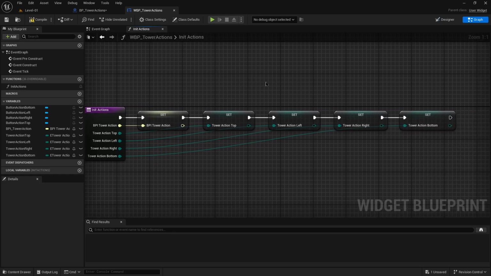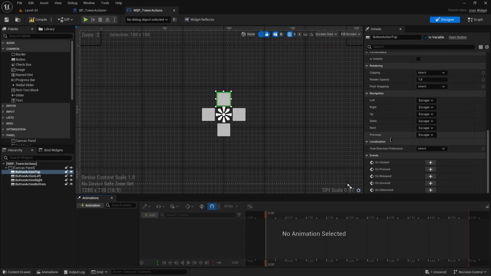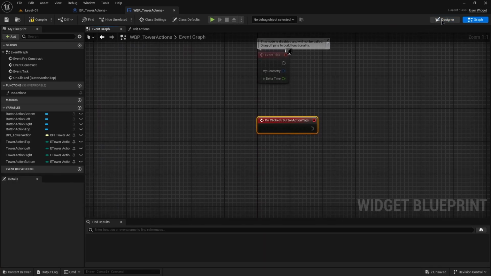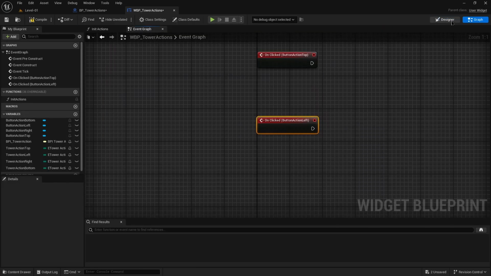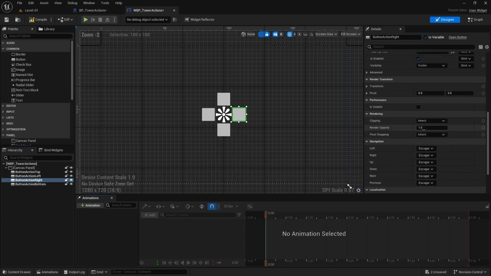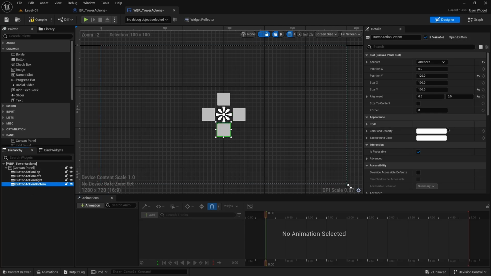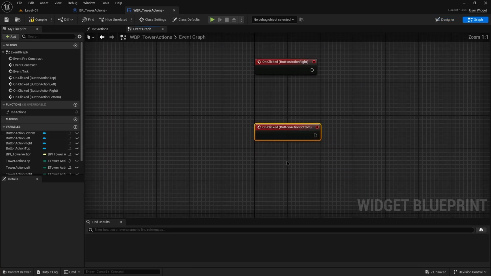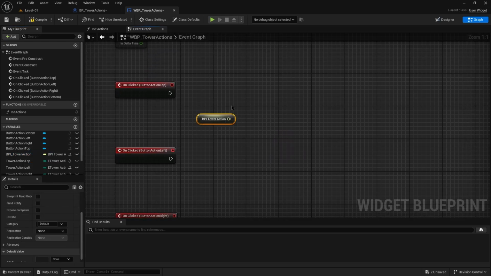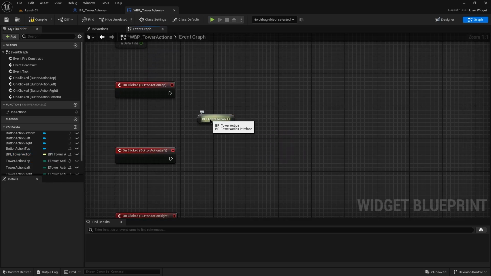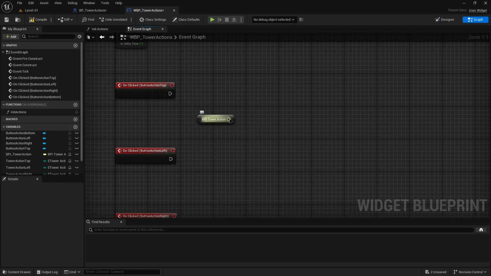The purpose of doing all that is so that when we go into our designer and we have each of our buttons, we can scroll down here, hit onClicked. We'll do that for each of them. And for each of these, we are just getting our BPI Tower Action as a variable that is an interface. You can see that there's no actual validated get, so if we wanted to,